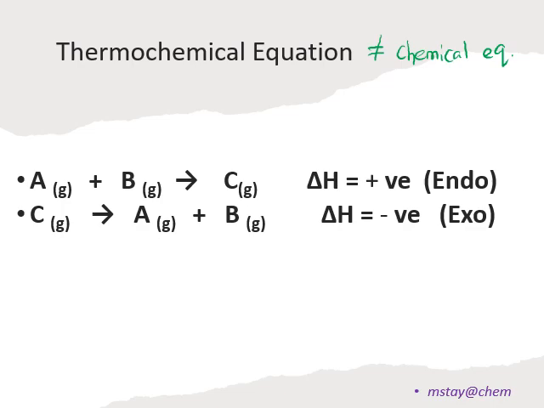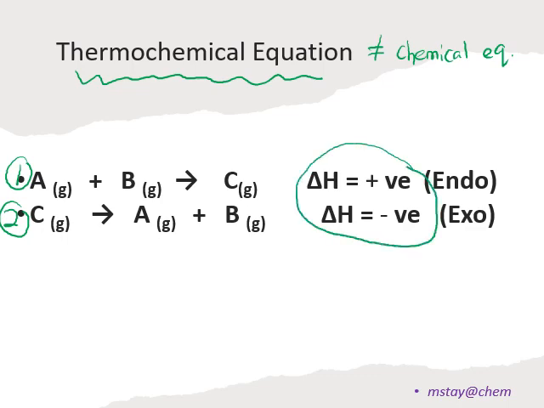In the example over here, equation 1 and equation 2 are thermochemical equations. When you check the difference between the thermochemical equation and the chemical equation, basically it is the delta H here, the enthalpy change of the energy. In a thermochemical equation, as we just mentioned, thermo refers to the heat change. So you have to show the heat change in the equation, then only will the equation be considered a